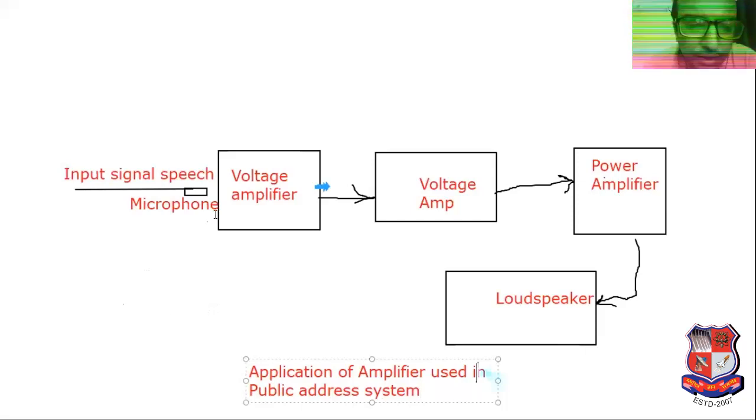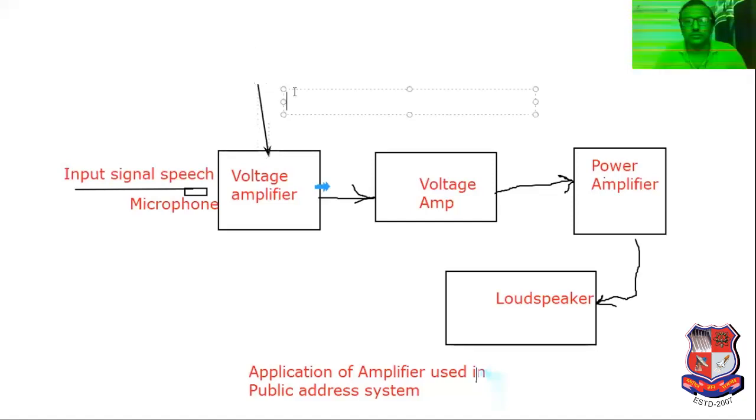I think you will be able to understand what is the meaning of amplifier, voltage amplifier. Voltage amplifier amplifies the input voltage. So inside a voltage amplifier, a common emitter amplifier is definitely present. That's why we have studied common emitter amplifier in chapter number 4.